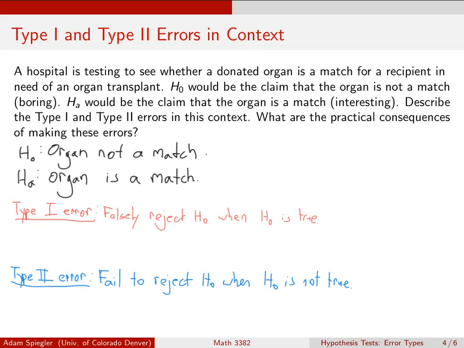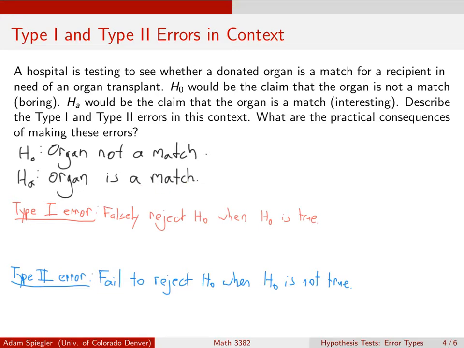So the example here we want to consider is, let's say a hospital is testing to see whether a donated organ is a match for a recipient that is in need of an organ transplant. And so the boring, non-interesting claim that we might assume is that the organ is not a match for the recipient. And the interesting thing, which we would hope to show, is that the organ donor actually is a match